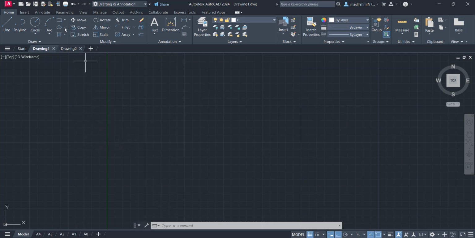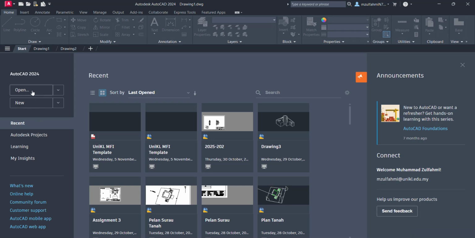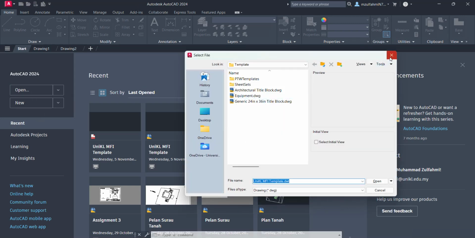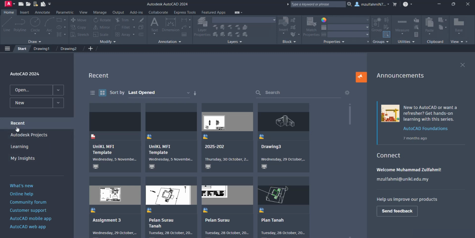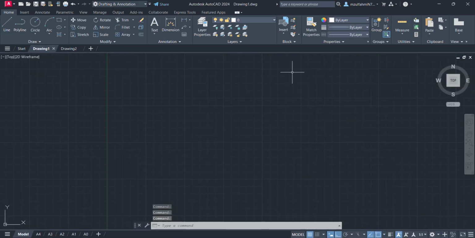Okay, first thing first, I want to teach you using the mouse. When you open the drawing, here is save and so on. Here is the ribbon, and then this is the tab, the drawing tab you create. You can start from here, and if you want to open, you can open the file here. So this is very much the same. Then this is the drawing. You can draw anything here,